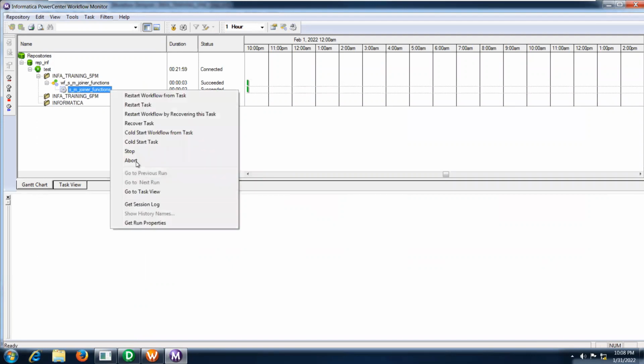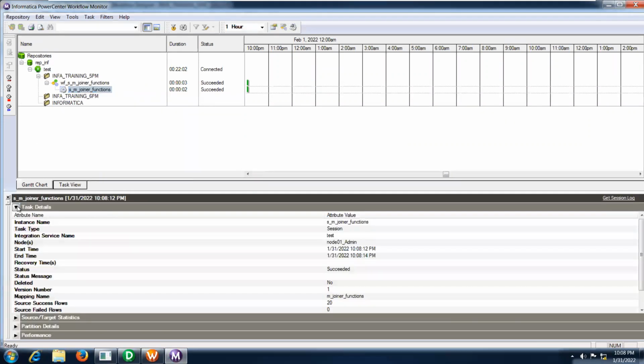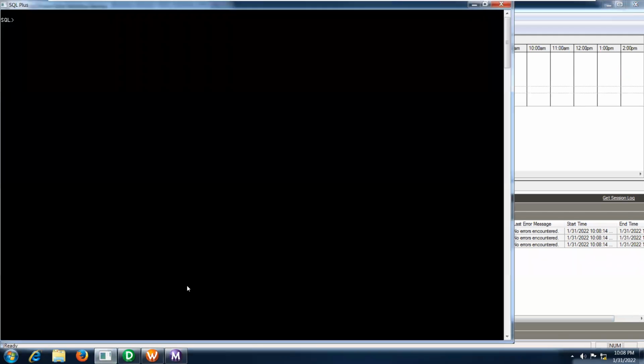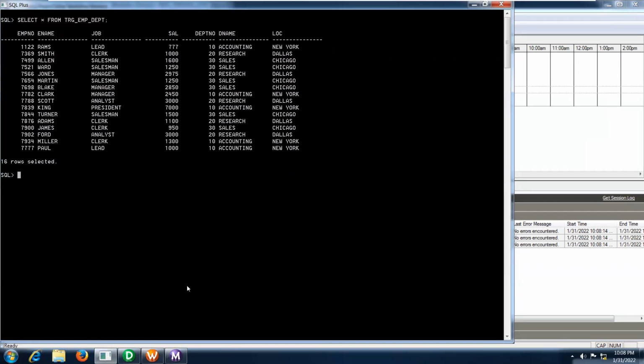You see, this is completed successfully. How many records are available in the first source? 4 records. Second source, 16 records are available. And in my target table, 16 rows are affected. What is the target name? TRG_EMP_DEPT. Select star from TRG_EMP_DEPT. See here, based on the DEPT number, I extracted DNAME and location from